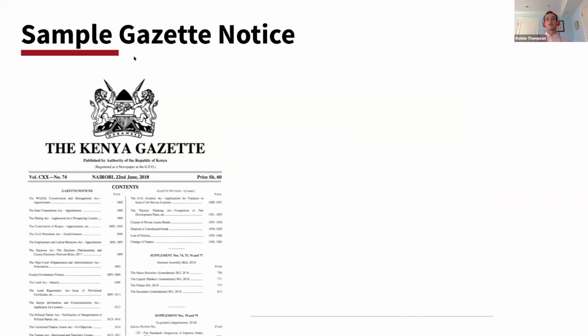So I'm going to show you a sample table of contents of the Kenya Gazette here on the left. Just a few examples of things you might find in the Kenyan Gazette would be things like a list of newly elected officials, or a list of companies licensed to practice construction, or a list of new trademarks that companies have acquired recently. And like Thea mentioned, what we focused on is land-related information in these gazettes.